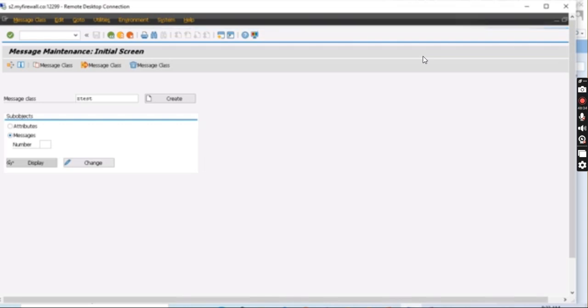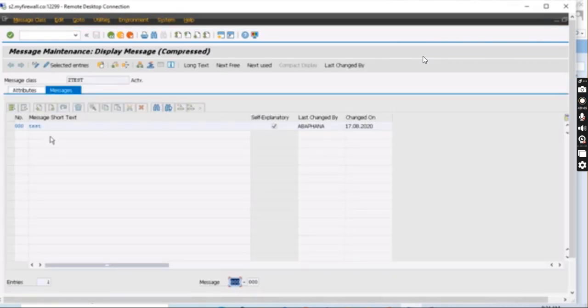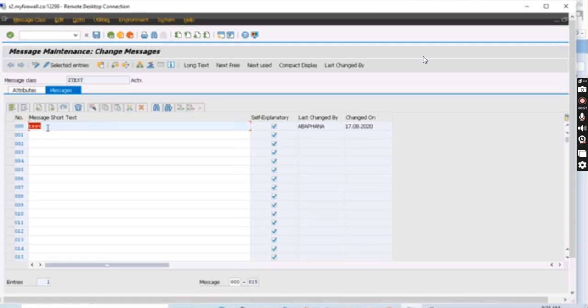Click on this display button. The system is a little bit slow today. We can give some text over here: testing of dynamic breakpoint.